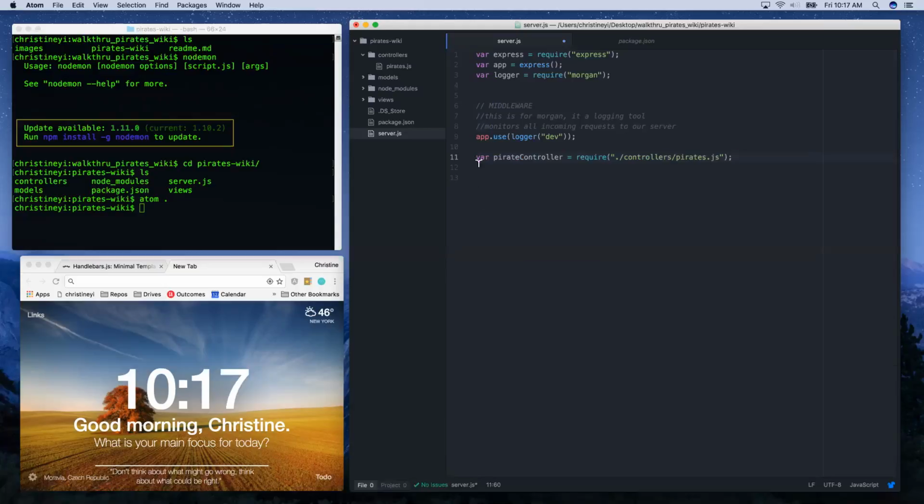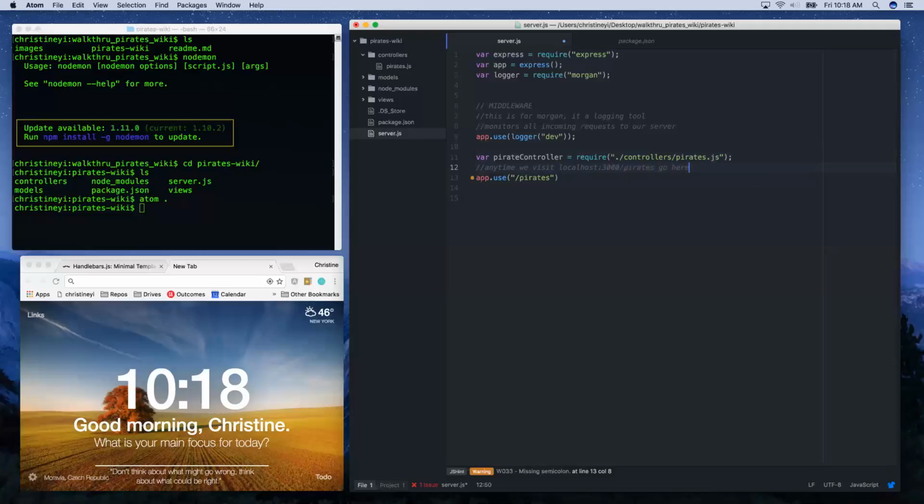But instead of pasting it here, we're going to wrap it up in this controller variable, and now we have access to that. All right, so that just saves it to a variable, but we have to somehow use it. So we're going to use app.use, and we're going to define what resource will require that. We can name this anything, right? But our assignment said, all right, anytime we visit localhost 3000